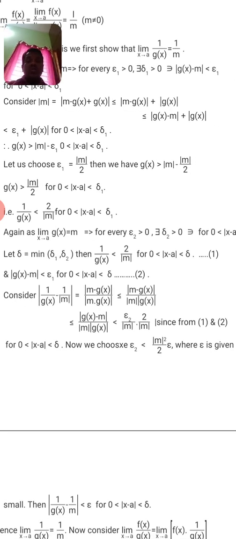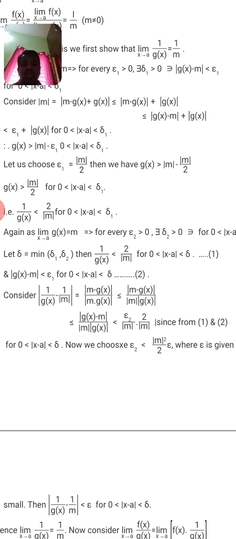Now consider modulus of 1 by g of x minus 1 by M. On simplification, the LCM is M into g of x, so the numerator is M minus g of x by M into g of x, which is equal to modulus M minus g of x by modulus M into modulus g of x. On further simplification, this is equal to modulus g of x minus M by modulus M into modulus g of x, which is less than